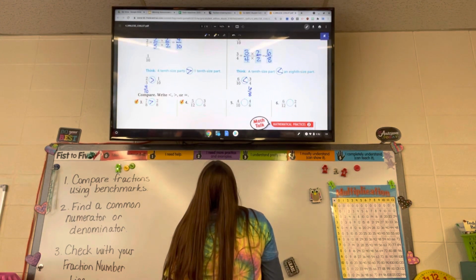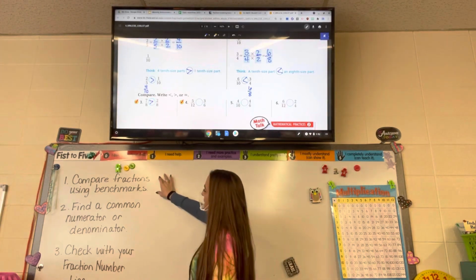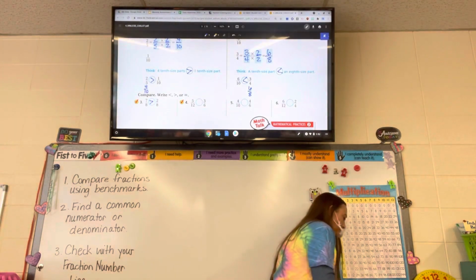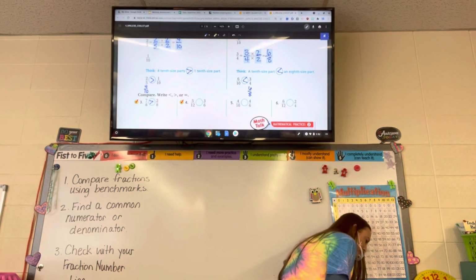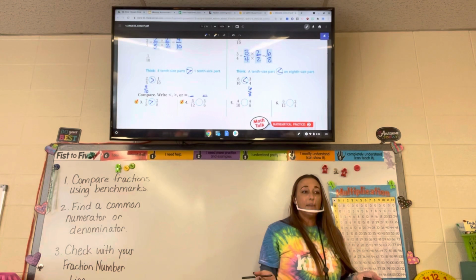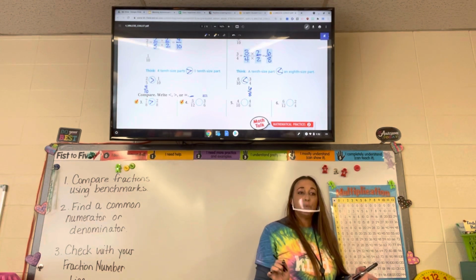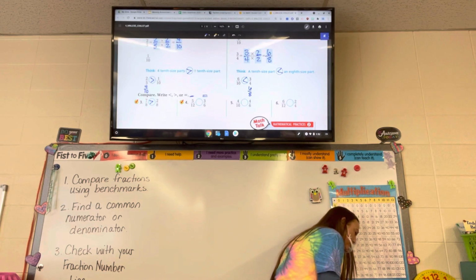5/12 and 3/6. All right, so let's start by comparing using a benchmark. What is half of 12? 6. So this fraction is less than half, right? What is half of 6? 3. So this one equals half. We've got one smaller than half and one equal to half. Which one's bigger? The one that's equal to half. So 5/12